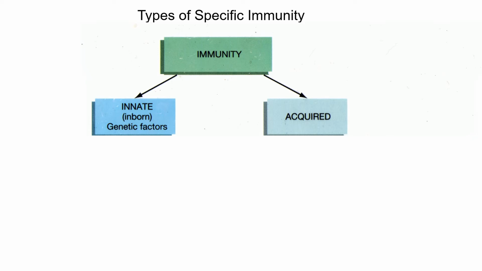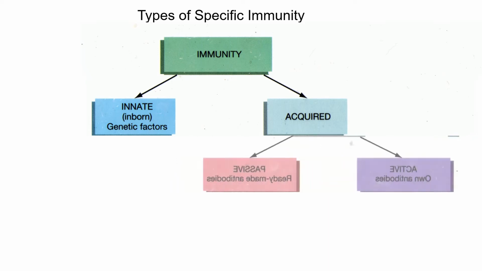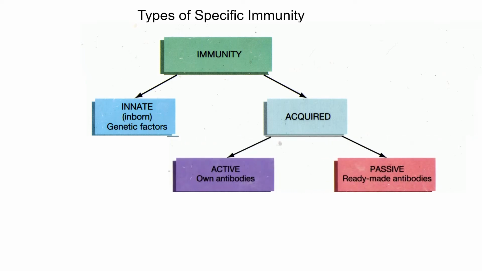Now, when we get to acquired immunity, there are two types, active and passive. Active is the one in which your immune system is going to be involved. We're going to talk later about why this is beneficial, but for both of these, there are benefits and drawbacks. The drawback to active is that it's not fast. It's going to take time to be acquired. It won't be immediate. Passive, we're going to be using the immune system of another organism. It could be another human. It could be another animal.